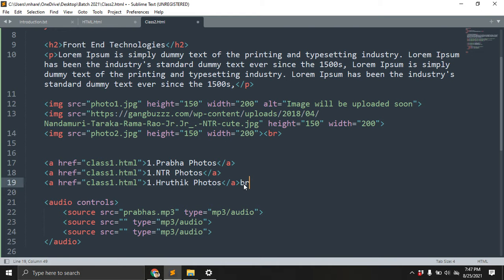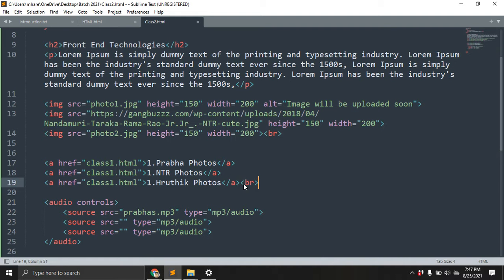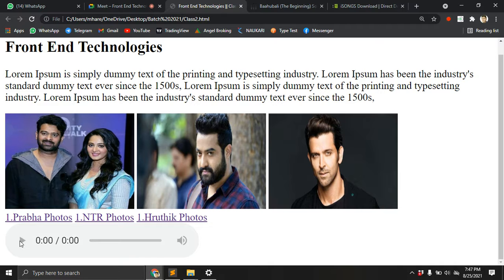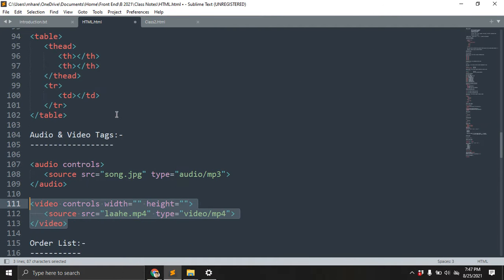Okay, I'm giving this break. Let's save. Open the browser. Refresh. The song will be visible at the bottom side, but the song will not be played. Okay, so we can check it once. The name should be the same. Let's see. Go to the song name. What is the song name here? They should give song dot, not jpg, it is a png file.